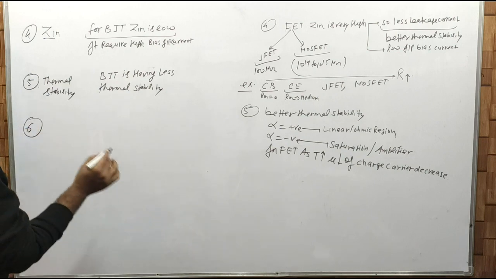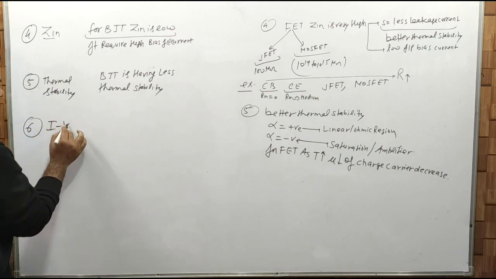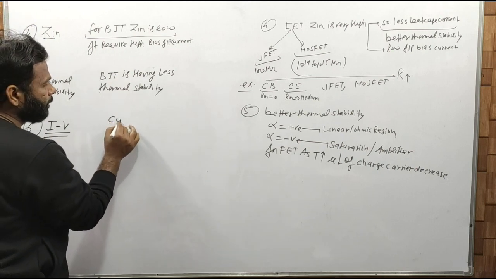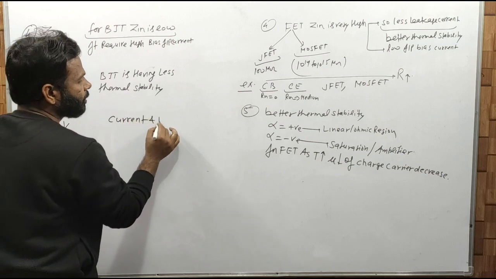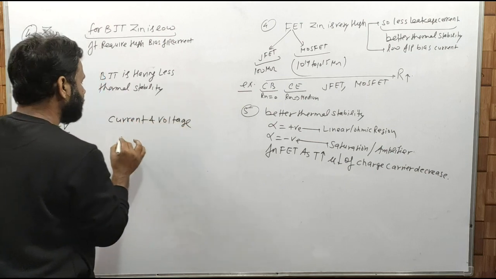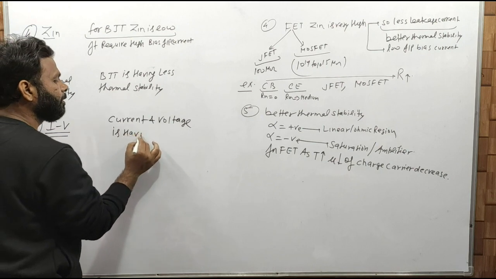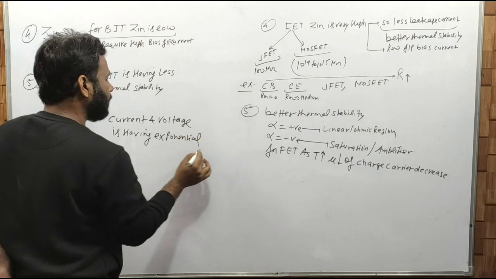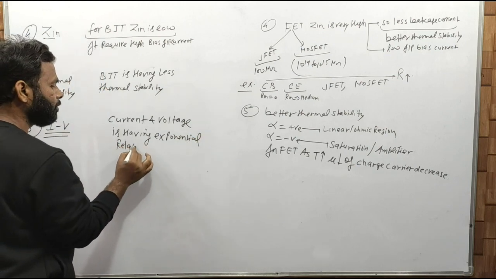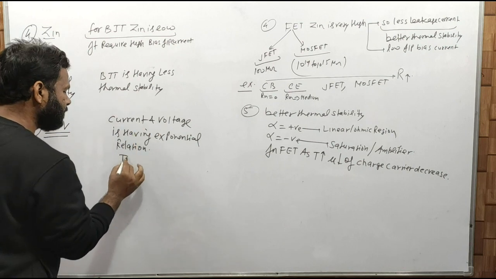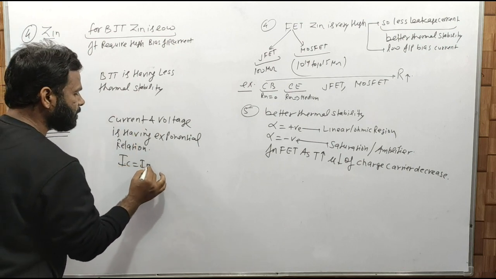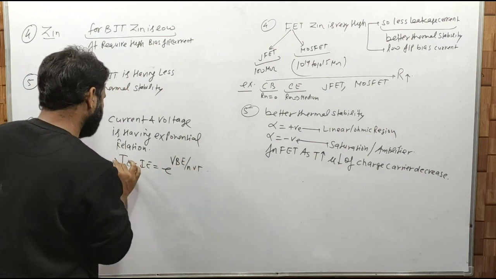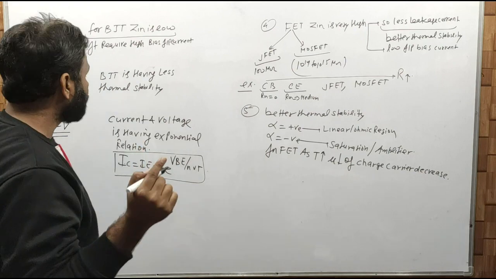Now in case of IB characteristic, ठीक है. So अगर मैं बात करूं current and voltage is having exponential relation like the diode. So IC, or you have IE is equals to e की power BE upon N VT. Clear? But in case of FET,